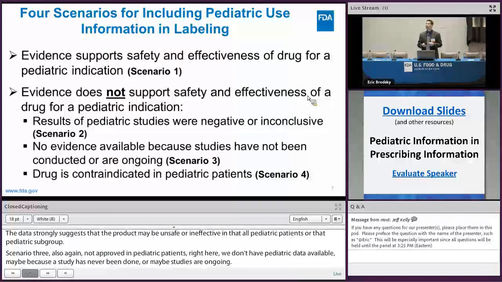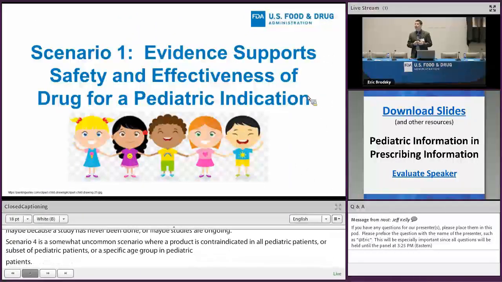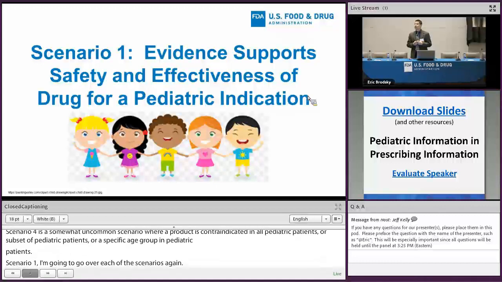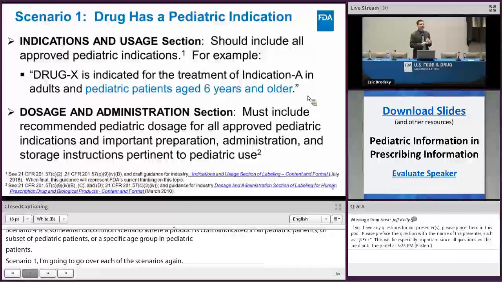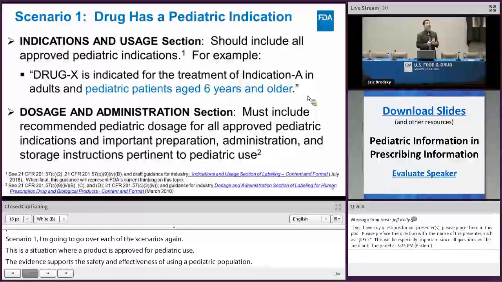So scenario 1, I'm going to go over each of the scenarios. Again, this is a situation where a product is approved for pediatric use. The evidence supports the safety and effectiveness of use in a pediatric population. And I'll go through selected sections and subsections of the full prescribing information that typically has information about pediatric use,